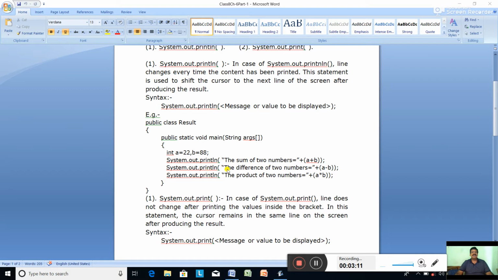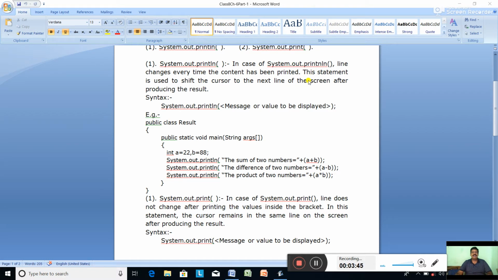Second line, System.out.println, the difference of two numbers plus a minus b. a is 22, b is 88. So 22 minus 88, whatever difference comes is printed. Third line, System.out.println, the product of two numbers equal to plus a asterisk b. Okay, so this is an example of the System.out.println statement. How does it function? This statement changes the line every time the content has been printed. It is used to change the line.